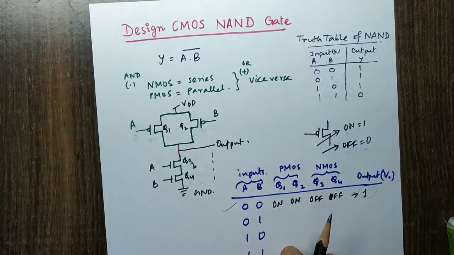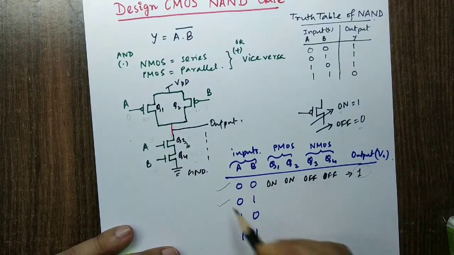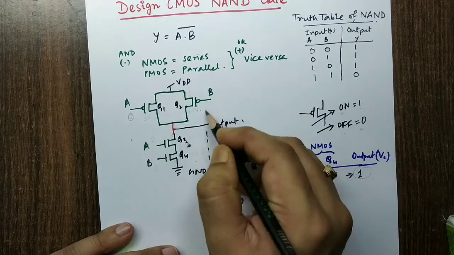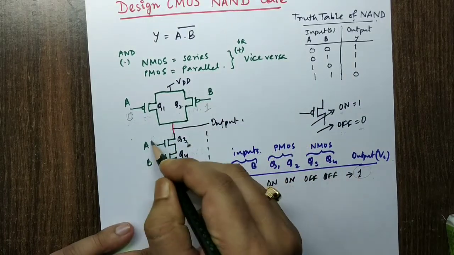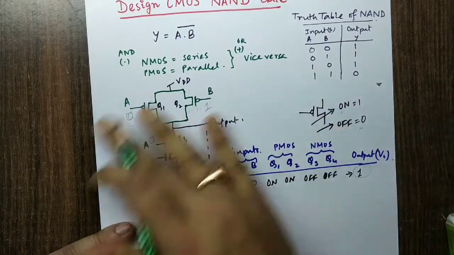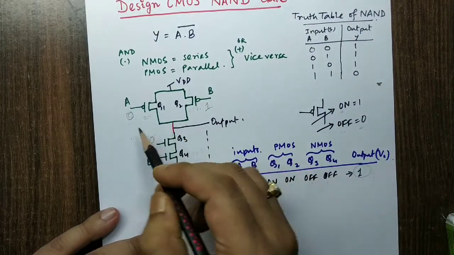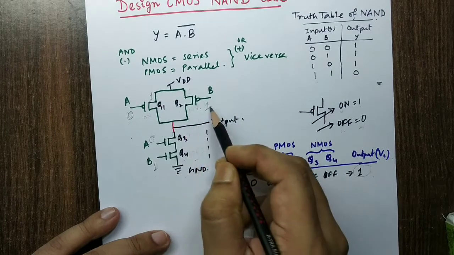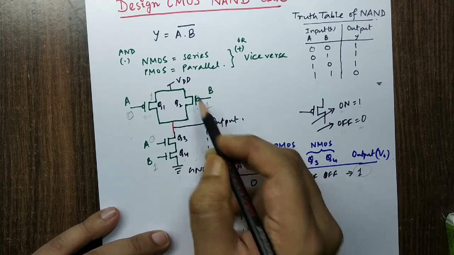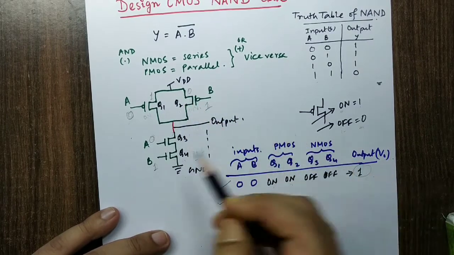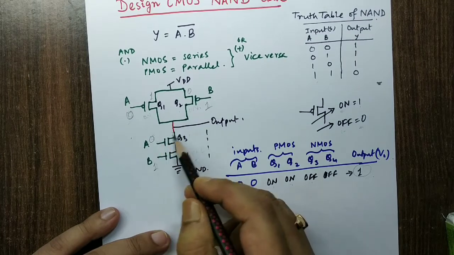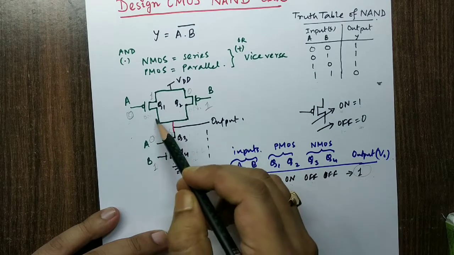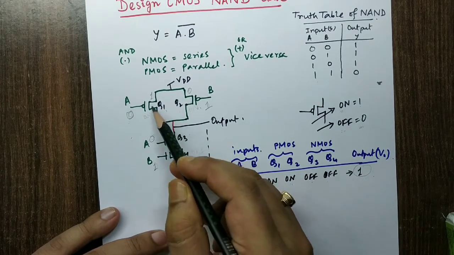Okay, let me draw this for 0 and 1, A is 0 and B is 1. So here A0 and B1, here also A0, B1. So what will happen here? See, due to this bubble, this Q1 will be 1. Due to this bubble, 1 is the input, so it will give 0, right? Here, since no bubble is there, it will directly pass the value. Here it is 0, here it is 1. That means the Q1 will be on.